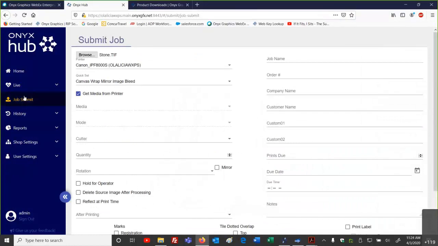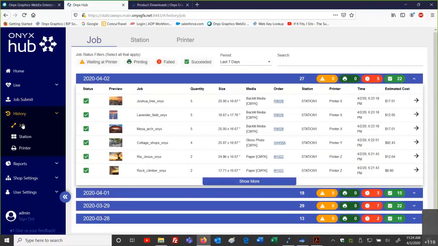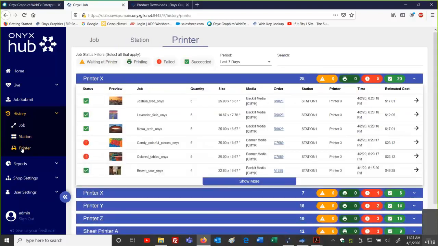Okay, so besides our job submittal information, which we can reference here, if I go down to the next category, history. So now this is my historic data. I can go to job, and I can specify that I want to see information per specific job groups here. So I can see this information, reference this data, on a job basis. If I go to station, I can see this based on the stations that I'm going to, my actual RIP station. So I might have station 1, 2, 3, different RIP components, different RIP installations on the PC stations. We just generically name these. And I can also see this based on my printers as well. So my historic information can also be tracked and seen in this sense.